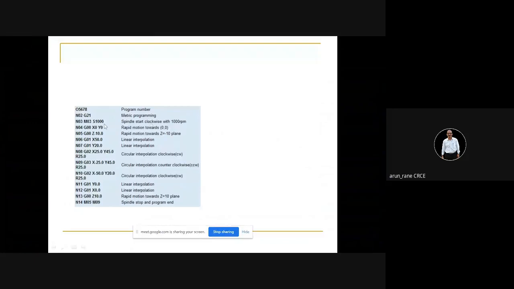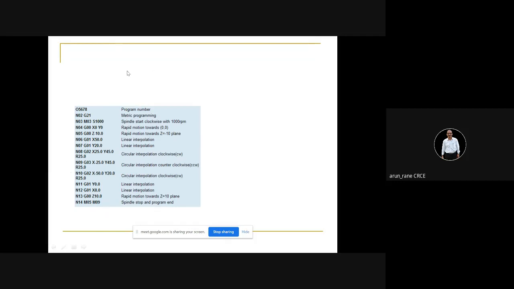M03. So you explain each and every block in the examination in order to score 10 on 10, because 1 or 2 marks are reserved for these comments. Maximum 2 marks, not more than 2 marks, and minimum 1 mark are reserved for these comments. On an average, we give 1 mark for these comments. That means, if you have not written these comments, and if this side is correct, then you get 9 on 10. And if you are writing these comments, and if this is correct, then you get 10 on 10.